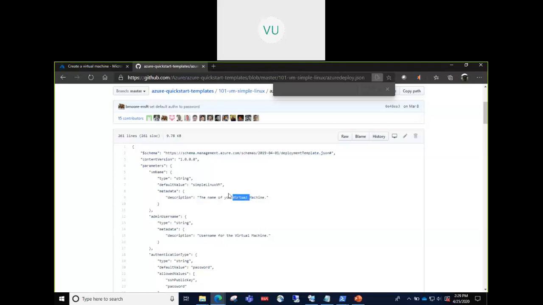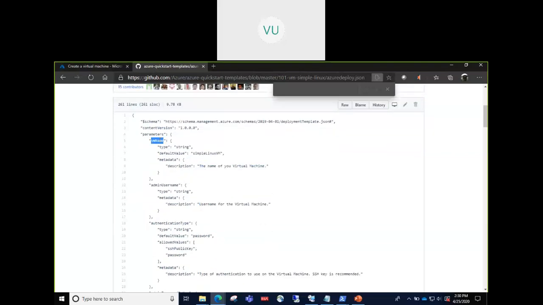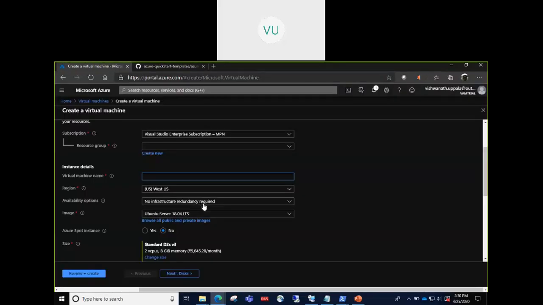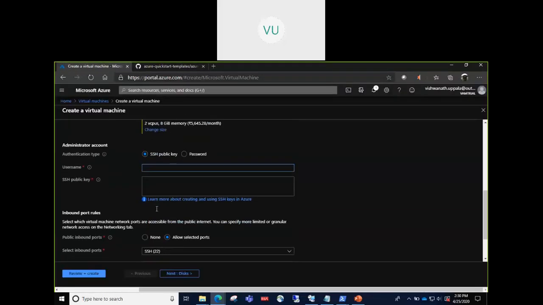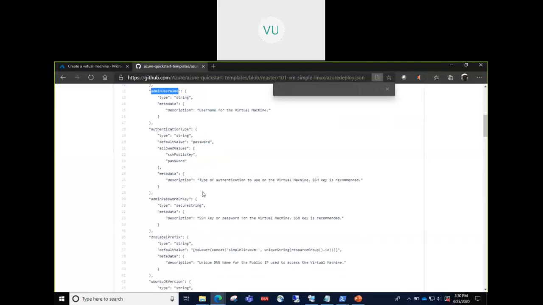So when you are actually deploying, you want to understand what that parameter does and what value you want to provide. When you hover over that parameter value, you can actually see this text there. You will go through this experience when you are deploying using an ARM template and see how this text appears there. So VM name is one parameter. Likewise, you define all other parameters which are required for creating your virtual machine. The username, again, if you come back here, in the case of Linux, it would be a public key you need to create.